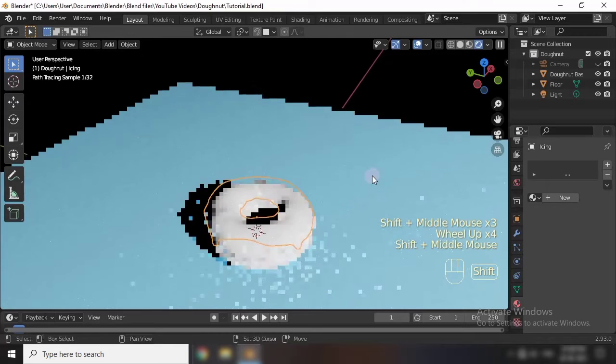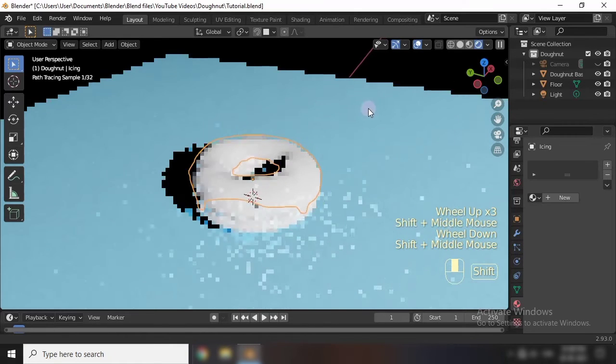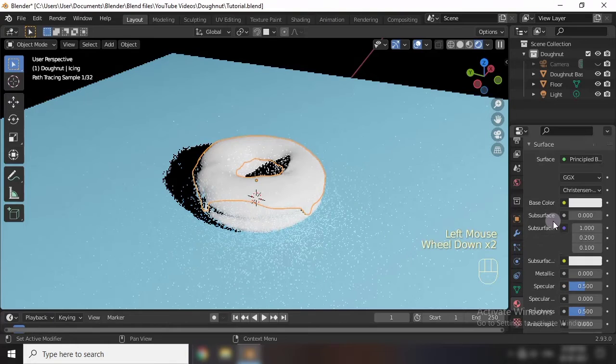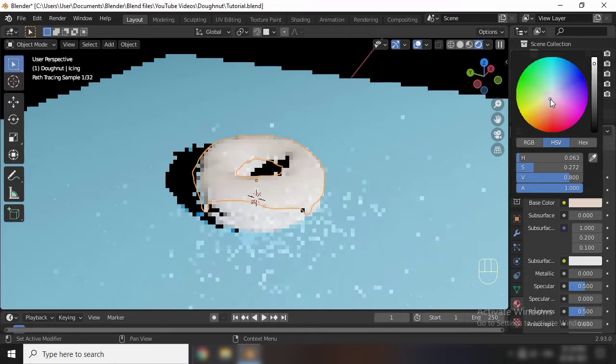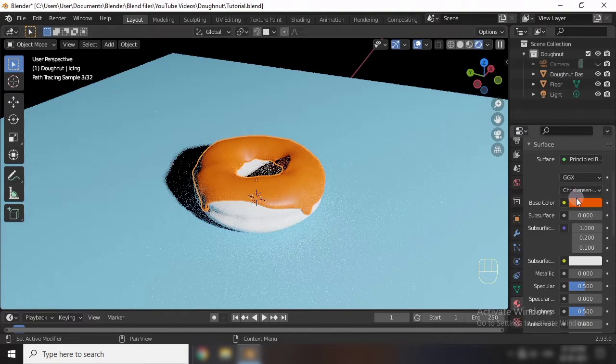Now I will select my icing and color it first. Get a better view, and in the material properties click on New, and from the base color give your own flavor. I want a chocolatey flavor, but there is no chocolatey shade here. This is like chocolate, but not caramel.